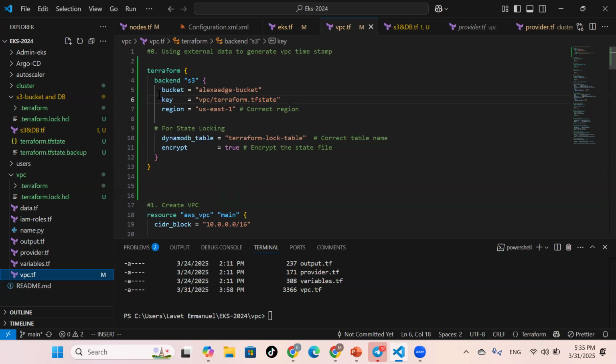So here now, we have put the bucket name Alexa H bucket. I suppose you already know the bucket. And the region, US East 1. This is the region I'm using, so I put the correct region. You can correct the region to your region. And now the key is very important. When we are going to provision this, you'll notice that